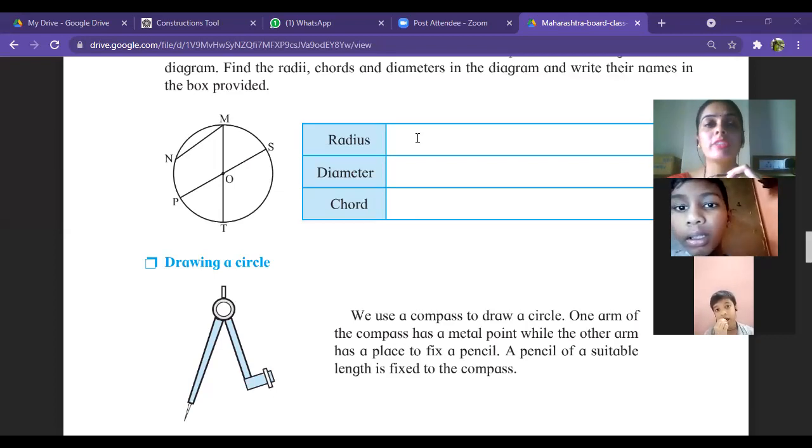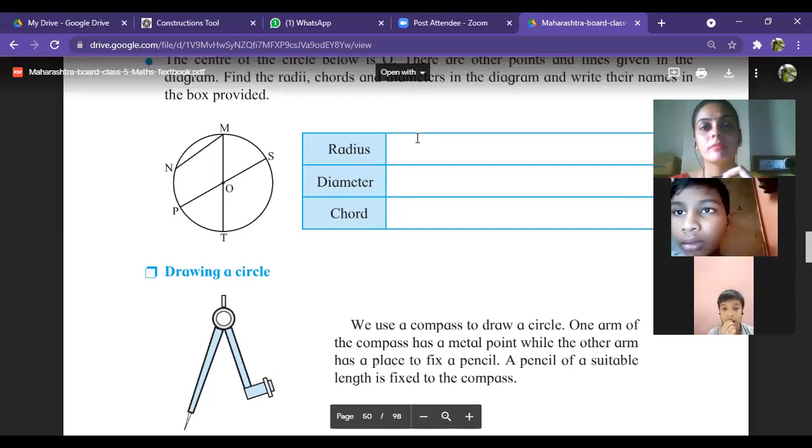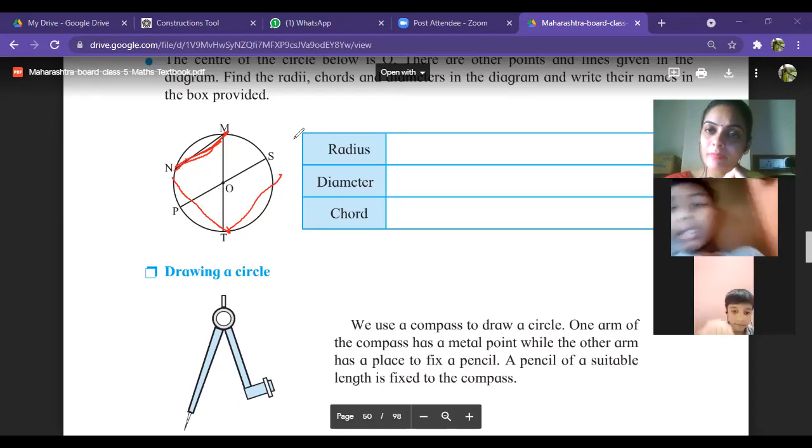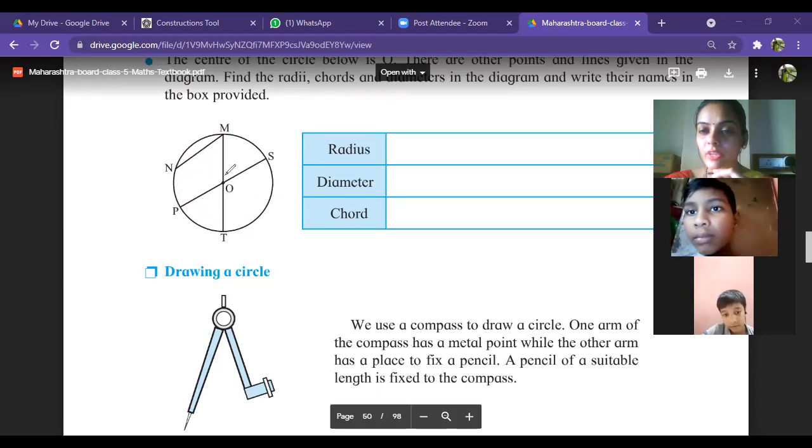Chord, I said, no, which is the shortest line which divides the circle. Can you see this N and M? This NM is the chord. और भी कोई लाइन हो सकती है यहाँ पे शॉर्ट लाइन जो कुछ कोई भी नाम दे सकते हैं, यहाँ पे हो सकती है कोई लाइन जिसको हम कॉर्ड बोल सकते हैं. राइट? केदार क्लियर? Yes, teacher. Yes, what is called chord over here?